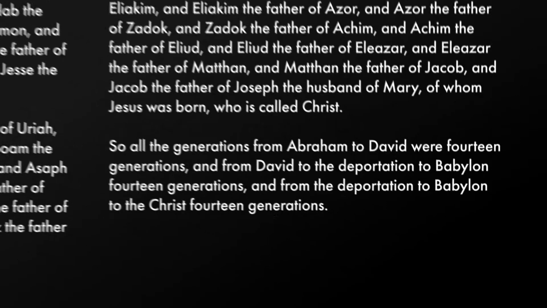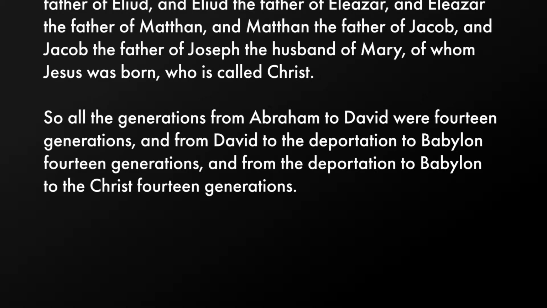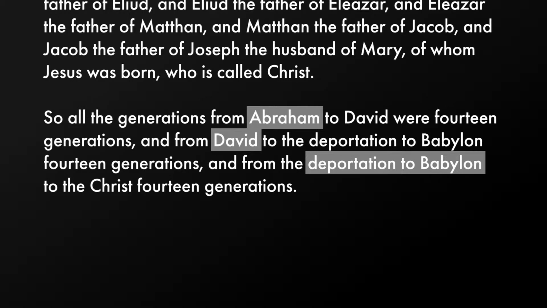There are 3 people and 1 event. Abraham, David, the exile in Babylon, and Jesus. Which of these things is not like the other? Now, Matthew could have easily substituted the exile for Zedekiah, the king at the time of the exile, but he doesn't. Why? Matthew chose to do it this way so that it would be absolutely clear to us how Jesus relates to the exile. That is, Jesus ends the exile.